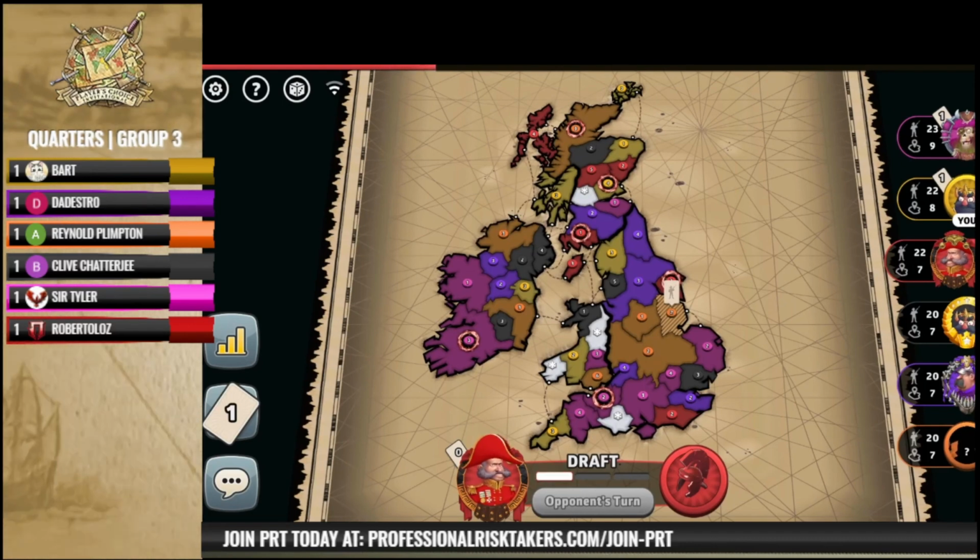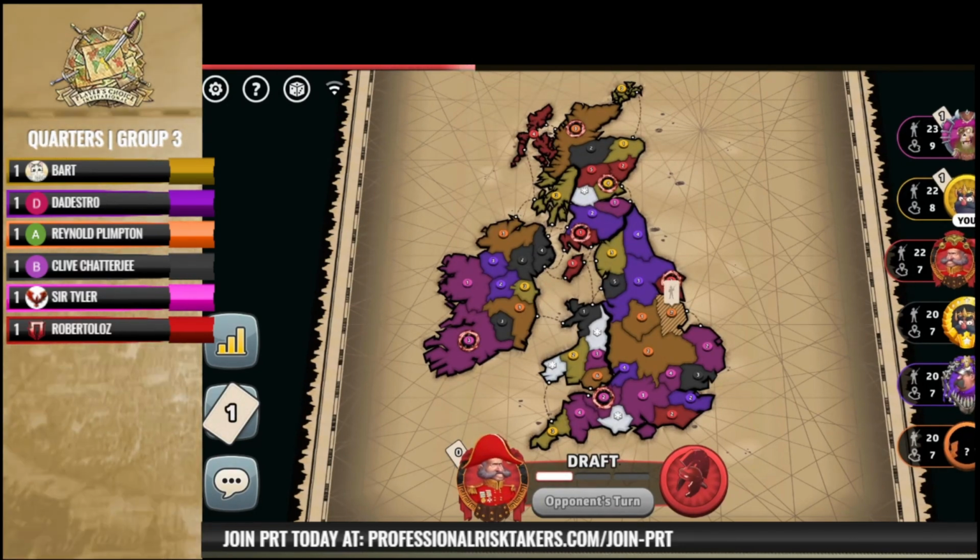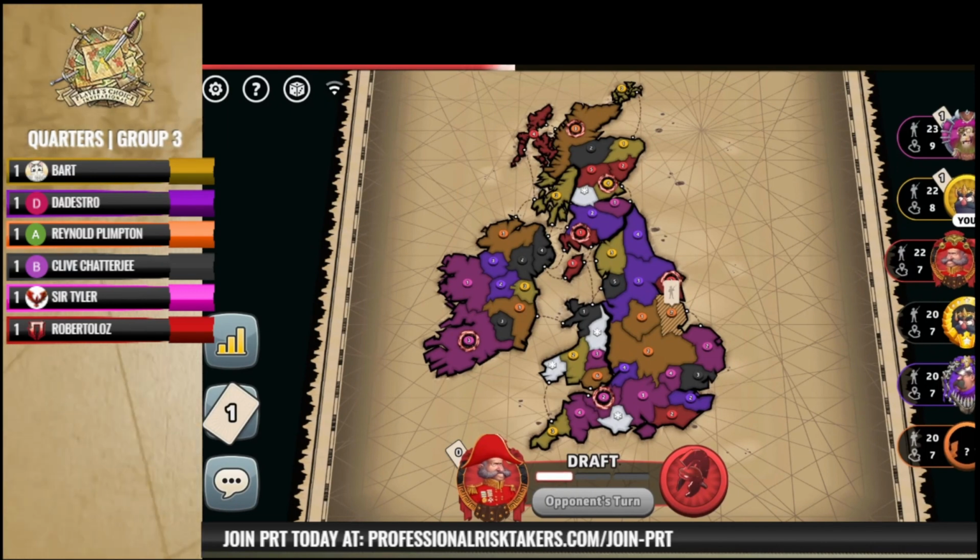Roberto is in the third seat. He's got a nice little pocket spot in the bottom right. And unlike Sir Tyler, he's pretty much entirely relegated to the north end of the board. He's got a 4, a 5, and a 2 in Scotland, and then he's got a 3 on Isle of